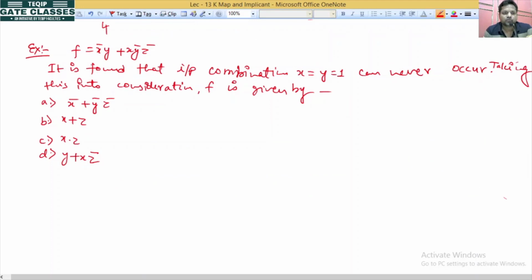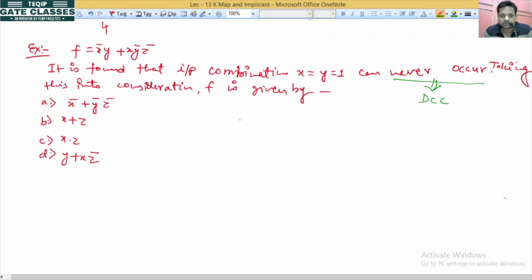Now suppose this question is given: a Boolean function f = x'y + xy'z'. And it is written that the input combination x = y = 1, when both x and y are 1, can never occur. What does it mean? It means DCC. So whenever x and y are equal to 1, it can never occur, meaning it is DCC only. Taking this into consideration, f is given by: